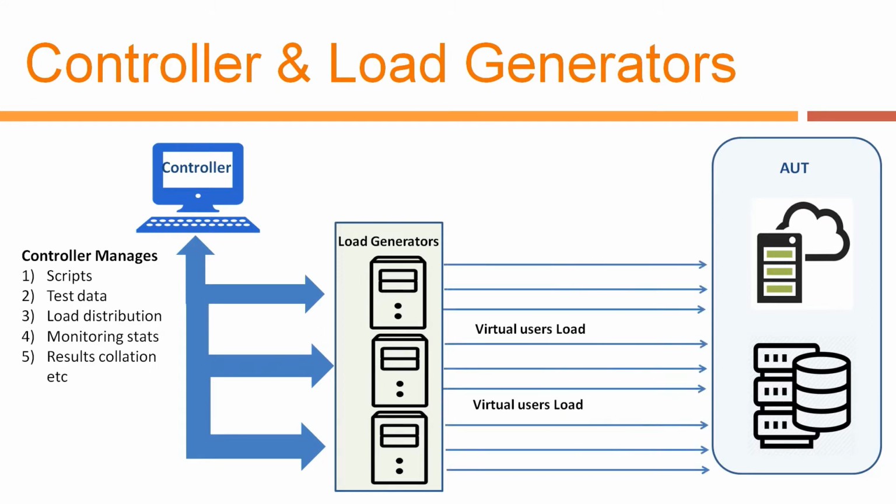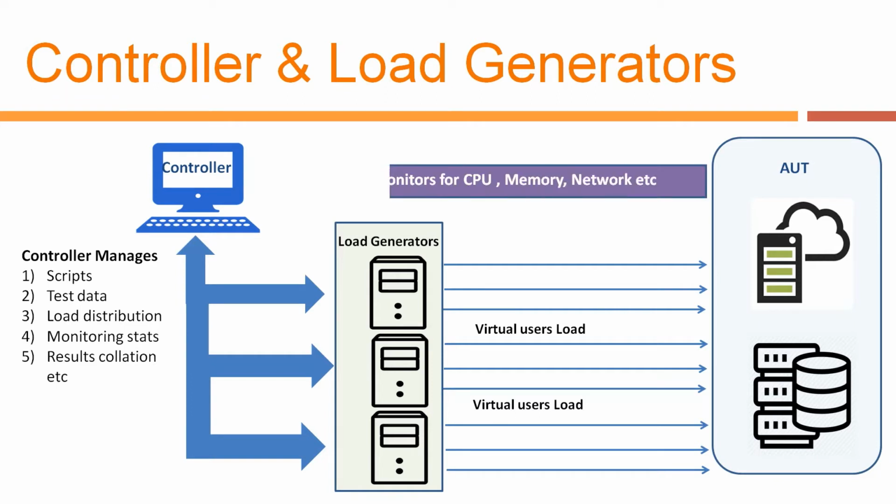So here if you see, when we trigger the load test, the load generators are going to simulate the load. The virtual user load will be generated from these load generators to the AUT. So now the application will get loaded depending on the scenarios that we have simulated. And in parallel to this, we should also configure monitors for CPU, memory, network, and hard disk usage from the application servers, the database servers, or other architectural components present in the server environment. All these things are going to generate a lot of data, and everything is going to be managed by the controller.